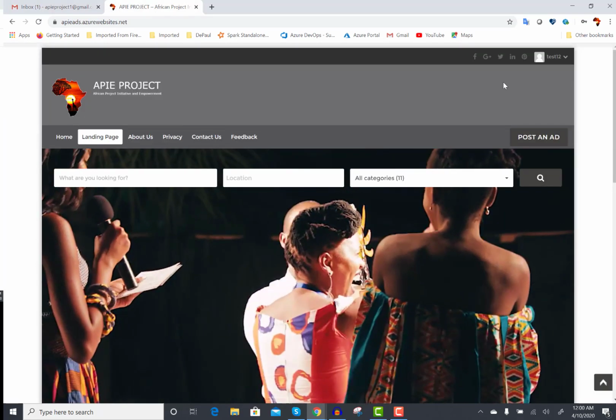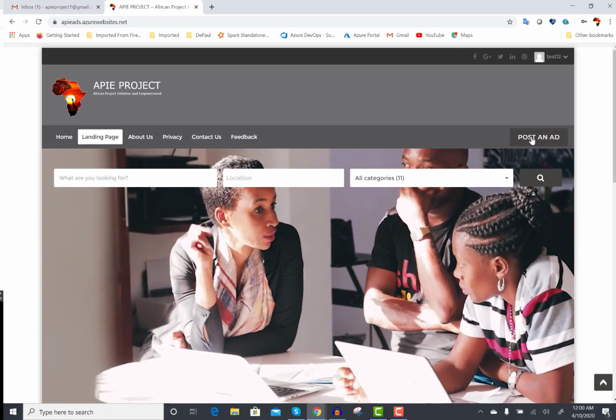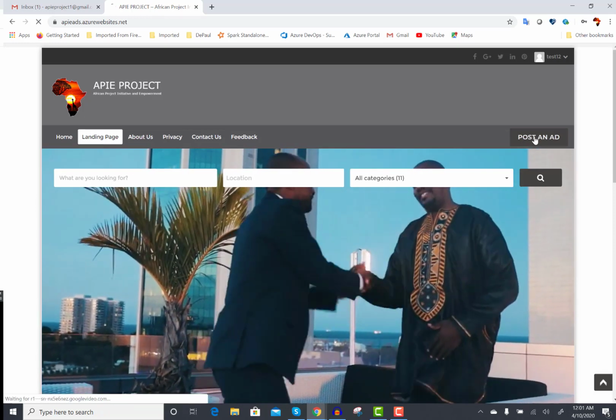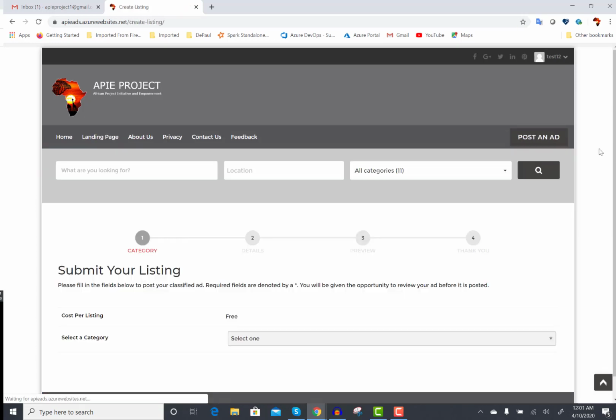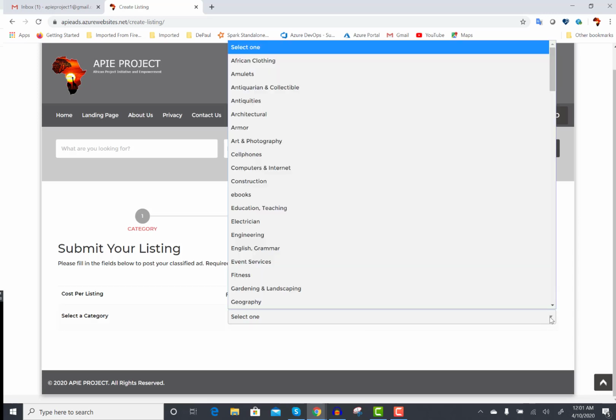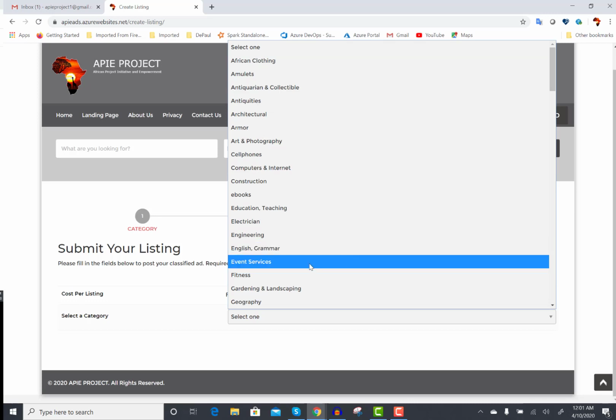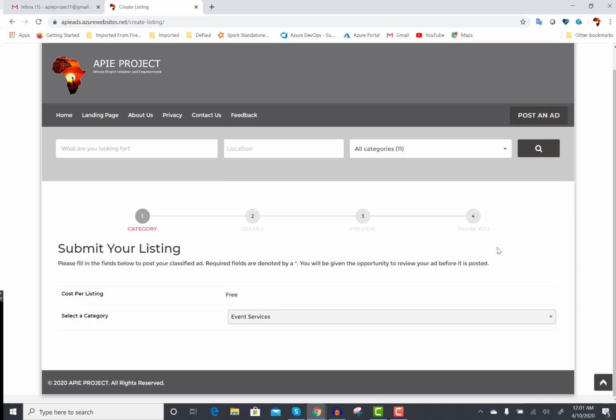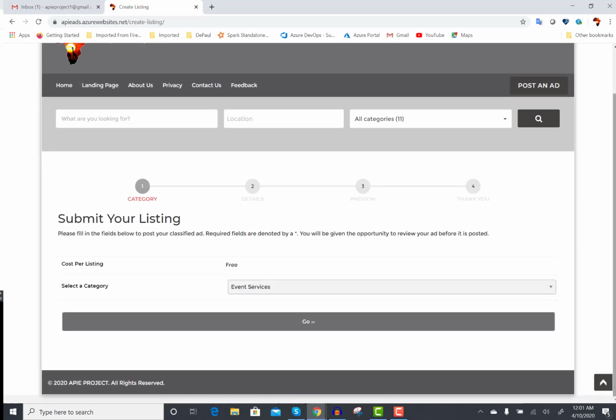So now that you are logged in, you come here, this is how you post an ad. You click on post an ad. The first thing, like I said, all ads on this website are free. There's nothing you have to pay whatsoever. So the ad is free for you to post, and then you can put categories. So let's just say we are going to put a graduation. So we put event. So we are going to advertise the